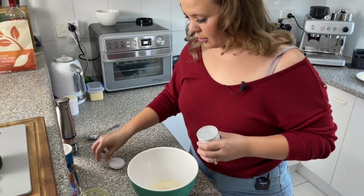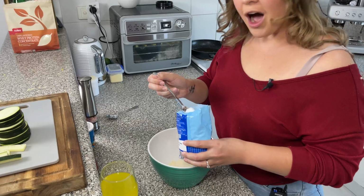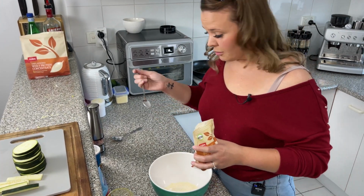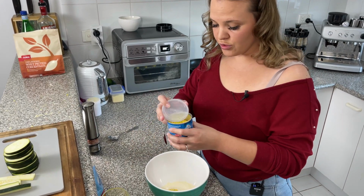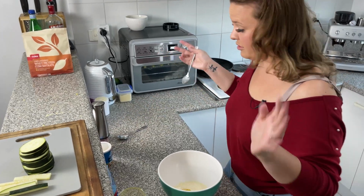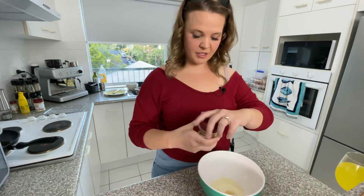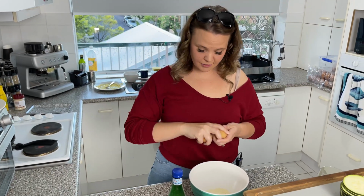6. Then we're going to add 1 teaspoon of baking powder, half a teaspoon of bicarb soda, half a teaspoon of xanthan gum, 3/4 of a teaspoon of Vegeta. You can also use beef or chicken stock as well. I'm using Vegeta because it's what I had and I wasn't spending more money on extra things. So then I'm also going to add in a half a teaspoon of Himalayan salt. I'm going to add in a small amount of onion salt to that, 2 eggs,